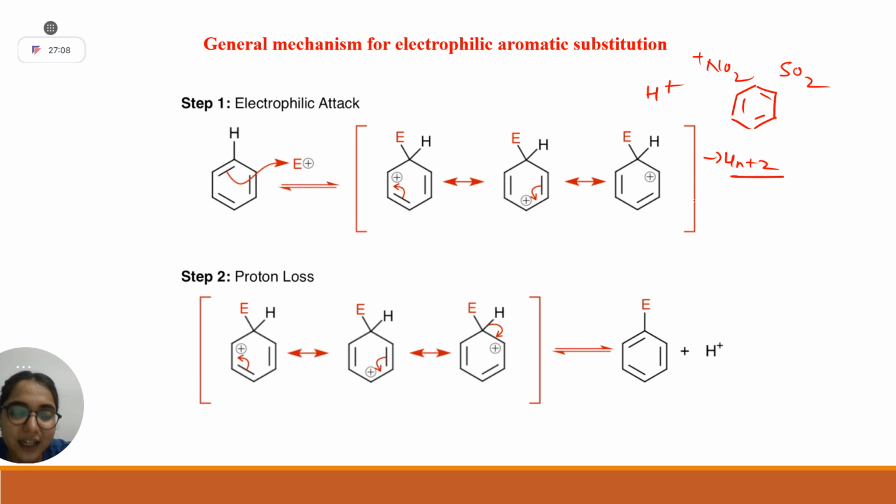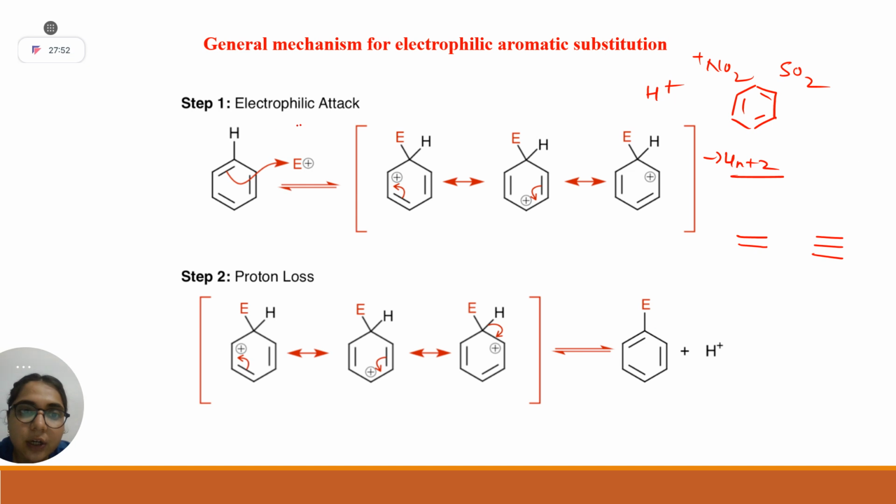Okay, before that, let me ask you, your benzene is electron rich or electron deficient? Simple question. Electron rich, electron deficient. I am only asking about benzene ring. Electron rich. But your alkene is also electron rich, alkene, alkyne, right? But here why does it want to decrease its aromaticity? Because at last it can regain its aromaticity, right?